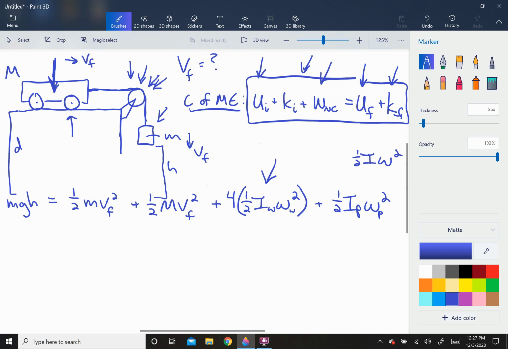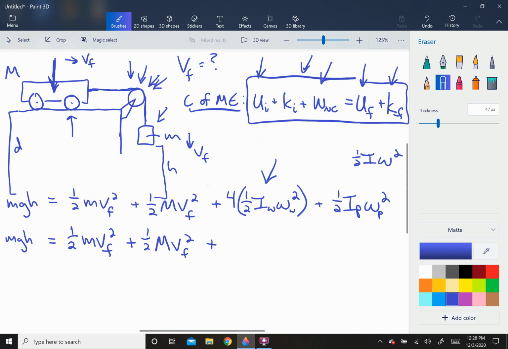Okay, so now at this point, I have to change these things up a little bit to work in the things that I know. The MGH stays the same. The 1/2 m Vf squared stays the same. The 1/2 big M Vf squared stays the same. And then plus 4, well, let's bring the half out. So 4 times 1/2 is 2. So 2 times,